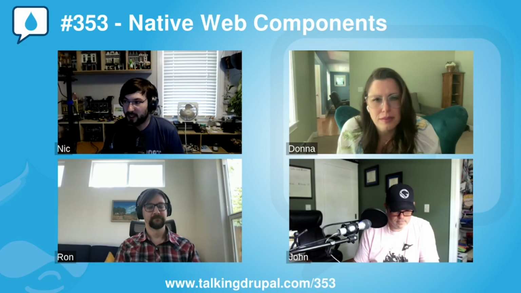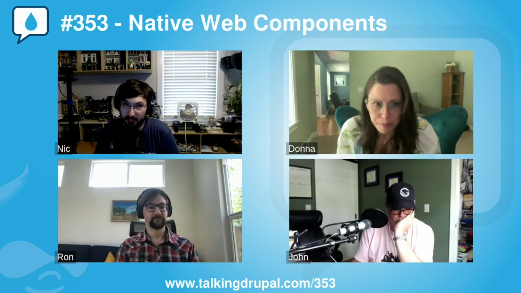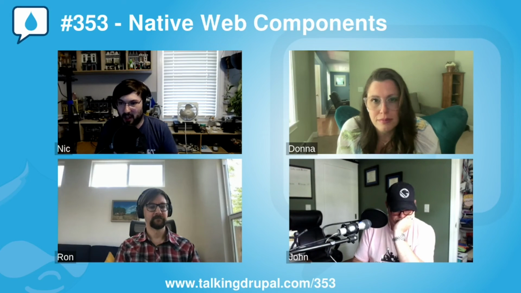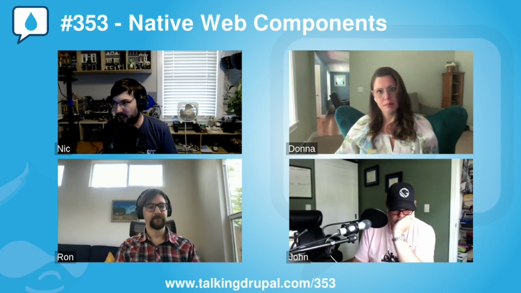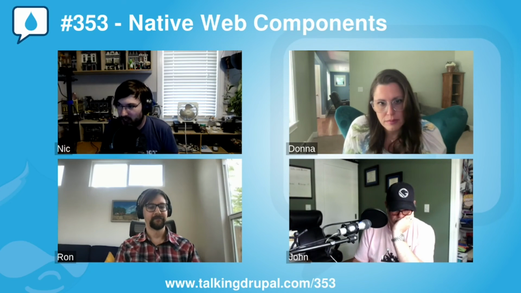The other thing you can do is use a named slot. Say you have more than one slot that you need to assign to different areas of your native web component. A good example is an eyebrow. Let's say you have a little bit of text with a tag on it, and you need that to go between the image and the description. So you say this slot's name is eyebrow. Then when you're rendering that, you can say, this is the eyebrow piece, and the native web component will put it there. And then maybe you have a CTA slot at the bottom. You have a slot that's named CTA, and it's going to push it into that CTA section.